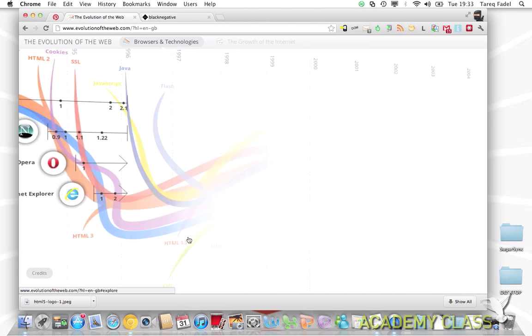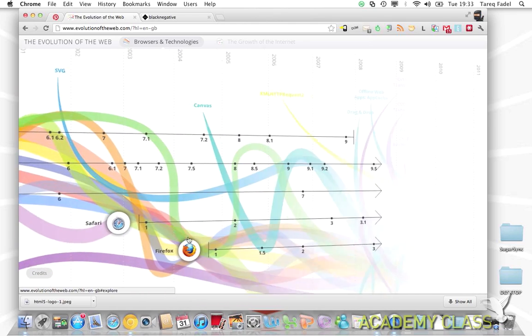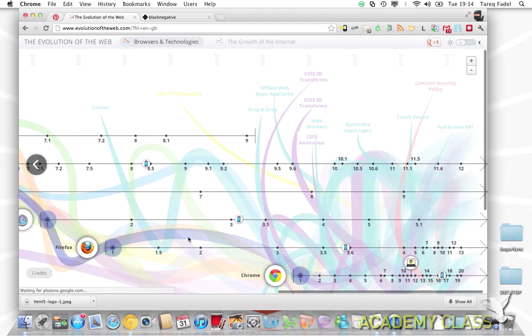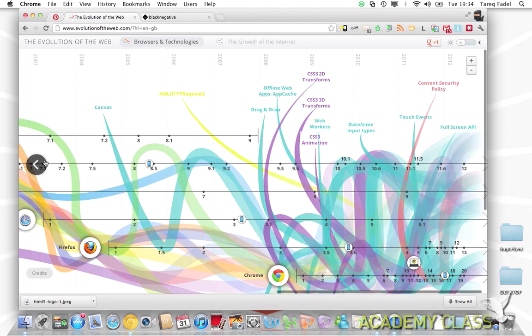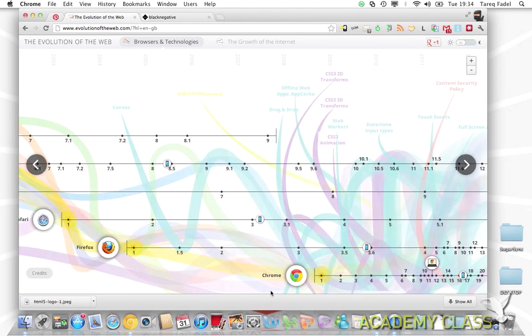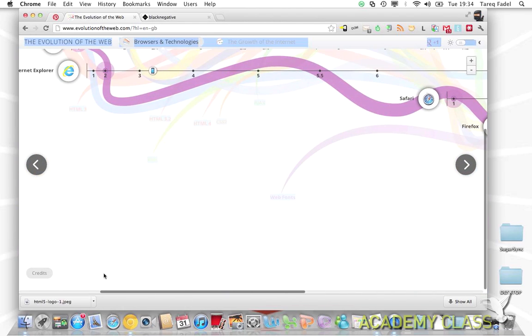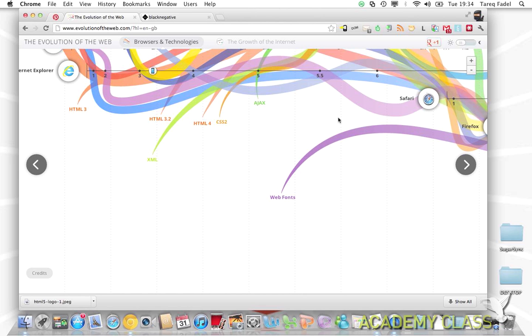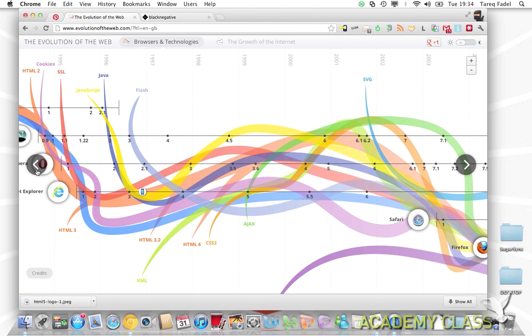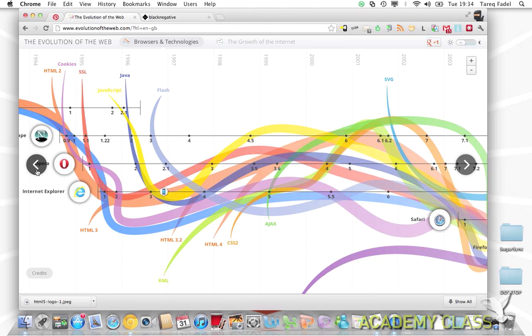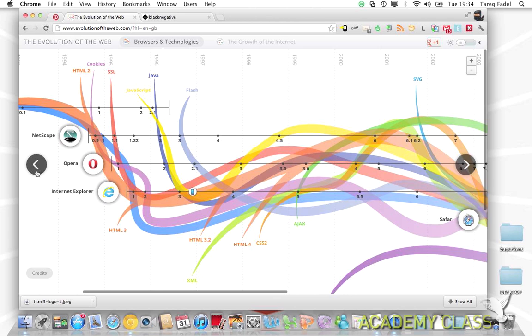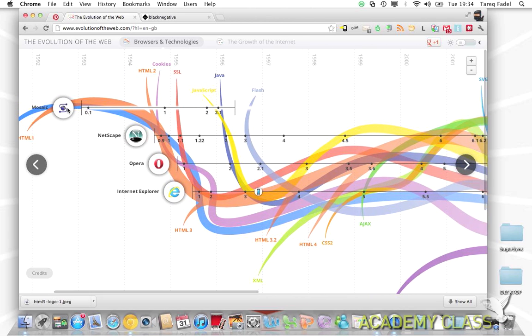And this whole animation here is done using HTML5 or HTML5 associated technologies. And we can see how the web has evolved over the years. If we go back to the beginning, we can see that a lot of the evolution of the web has been associated with browsers that we use. For example, we started off with Netscape or Mosaic browsers to start off with, then we had Netscape and Internet Explorer,